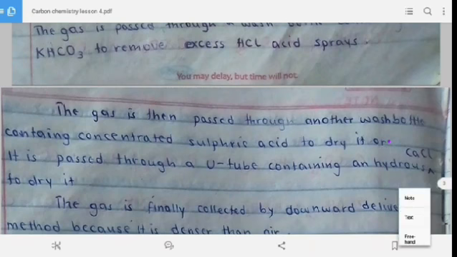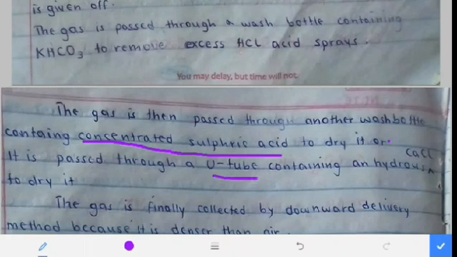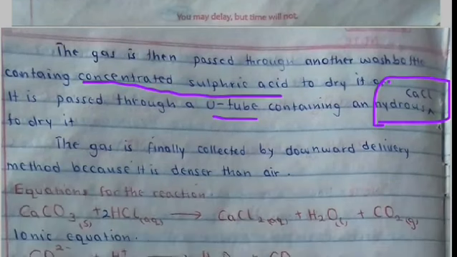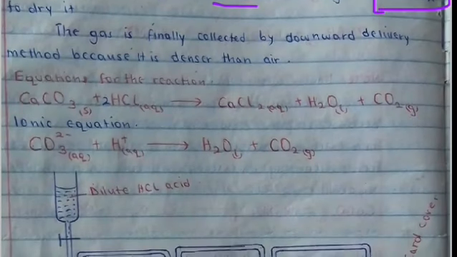So from there, after it has removed the excess acid sprays, the gas is again passed through another wash bottle containing concentrated sulfuric acid to dry it, or it is passed through a U-tube containing anhydrous calcium chloride. So this anhydrous calcium chloride is also to dry it. So you can either pass it in concentrated sulfuric acid or in anhydrous calcium chloride. From there, the gas is finally collected by downward delivery method because it is denser than air, and